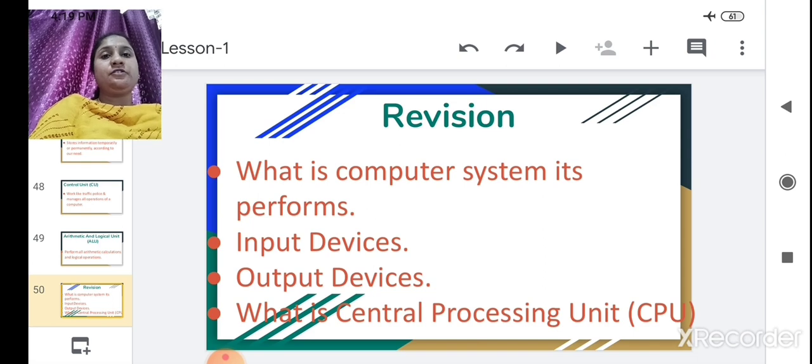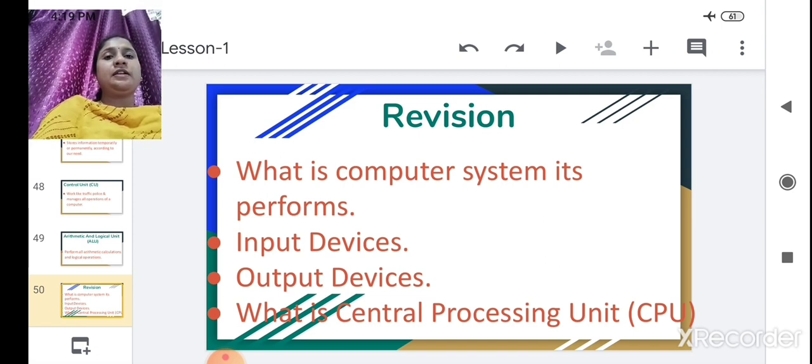It is mainly divided into three parts: memory unit MU, control unit CU, and arithmetic and logical unit ALU. We also learned how these three parts perform. So that is what we have learned in this lesson. Now we will see you in the next class with new lessons. Till then, take care.